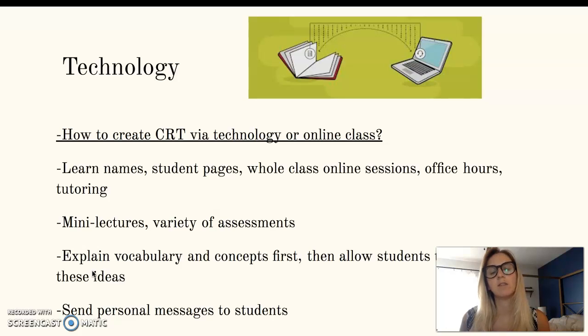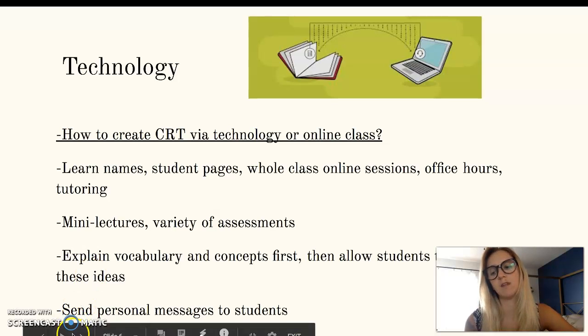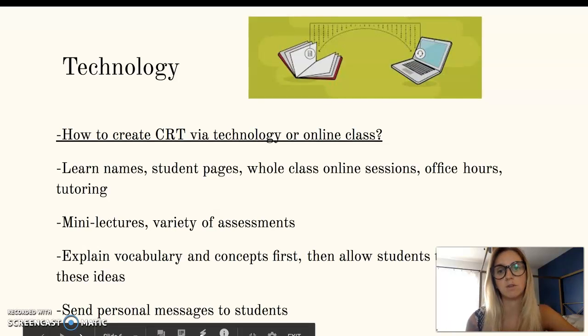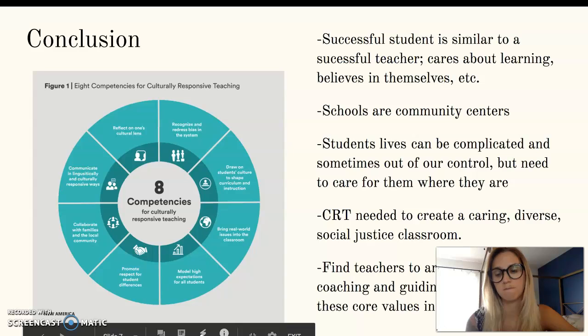So I think, I forget what the example was in the book. I think basically, if you're having them explore a topic that's related to social justice, you need to define what social justice is before having them learn about different leaders within the field. Another great example that they gave was sending individual messages from students. Having that correspondence one-on-one can create that trusting and building relationship aspect.